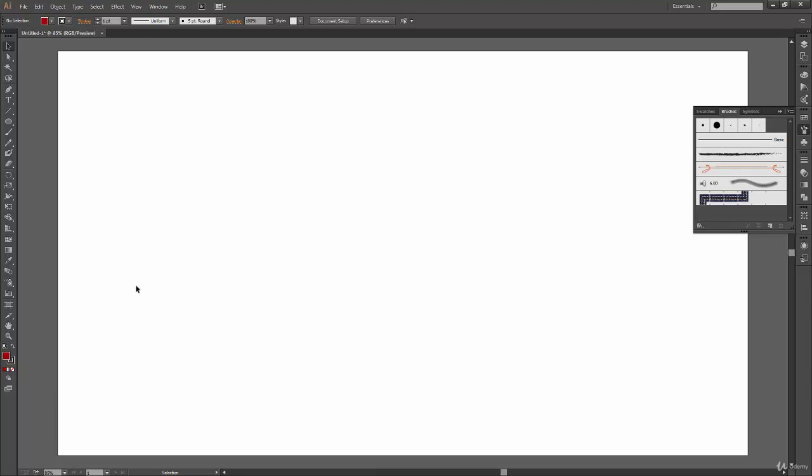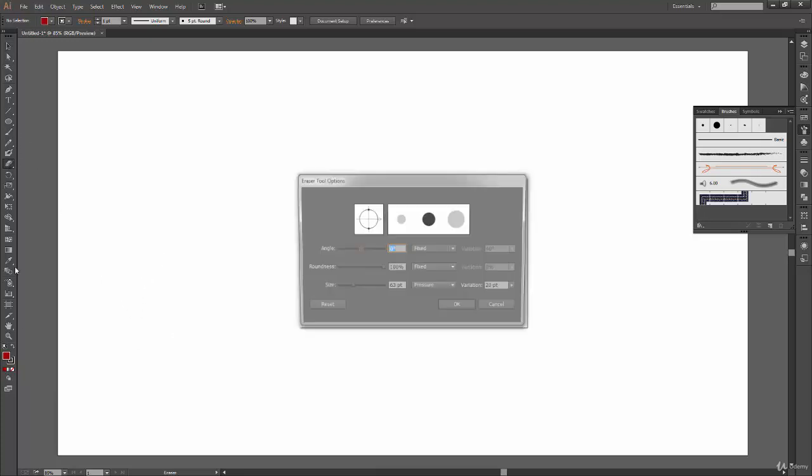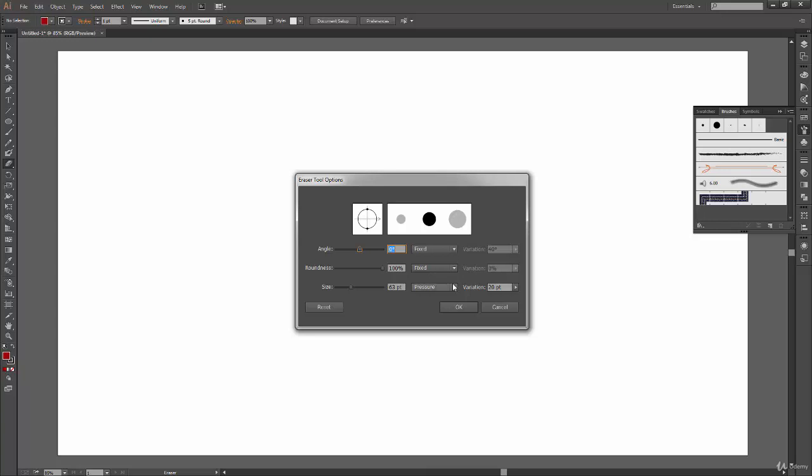Okay, so we were at the eraser options. So that's how this pressure thing will work. Again, we have a few other options here like random. If you select random, then it will select a random value from these values, and then it will try to create a stroke which is just having a random value of these two. Okay, then we have the stylus wheel. If you have a stylus with you, then your size will vary according to your stylus wheel.